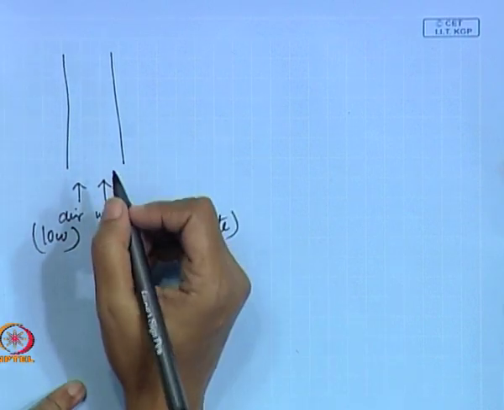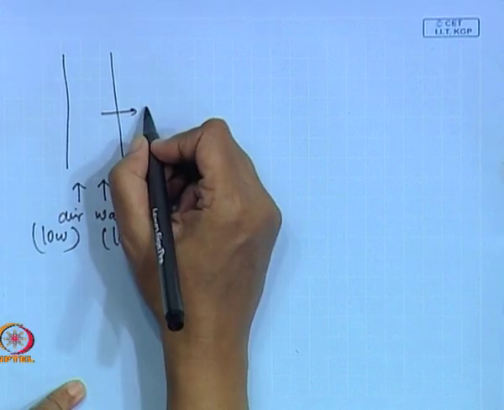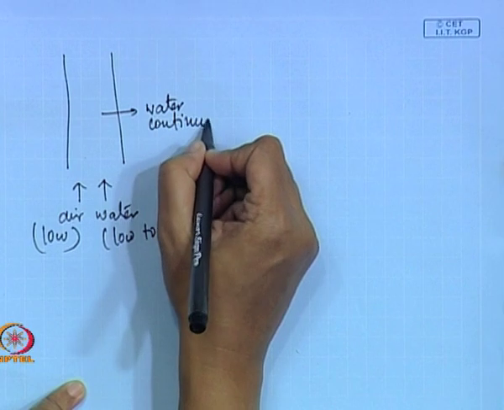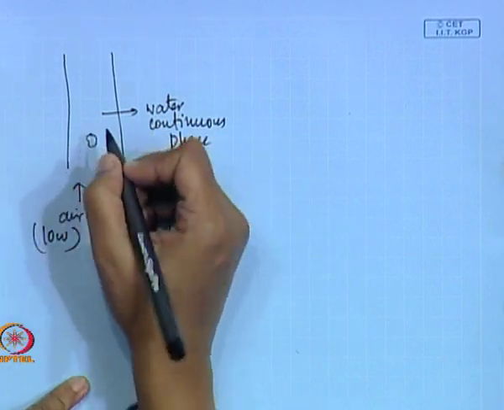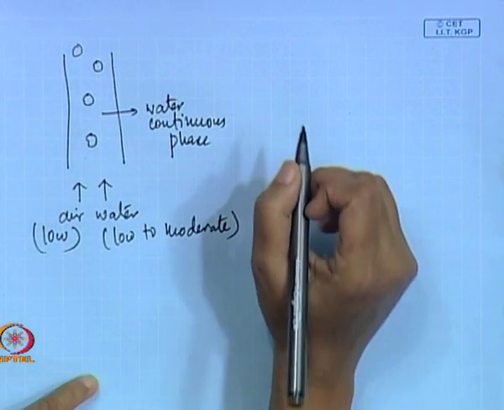What do we expect? We expect that water flows as a continuous phase, and discrete air bubbles are more or less dispersed in this continuous water